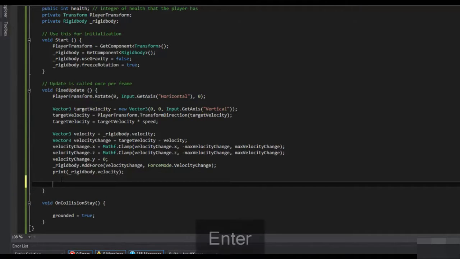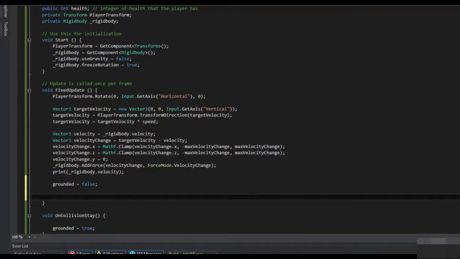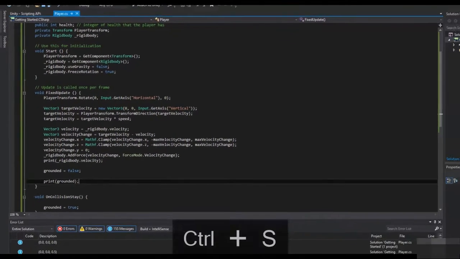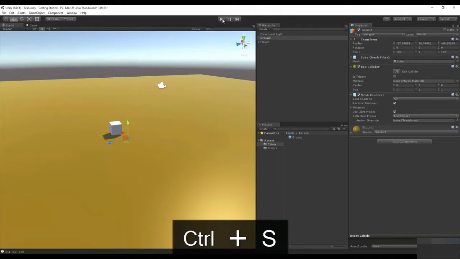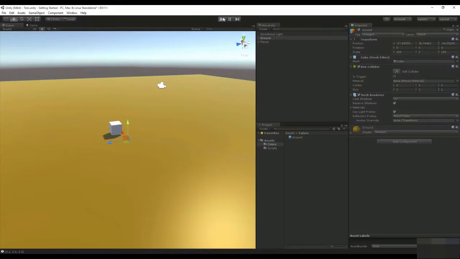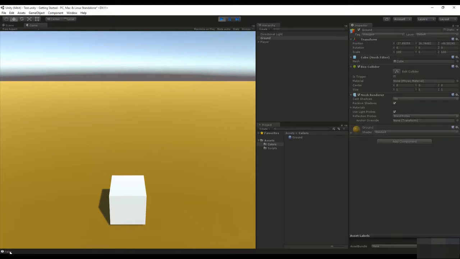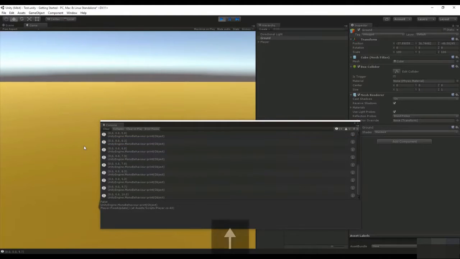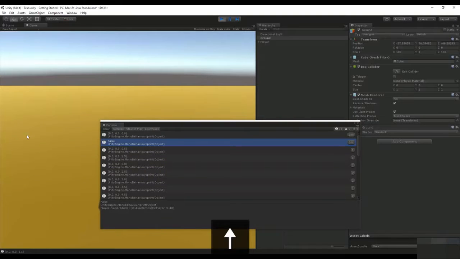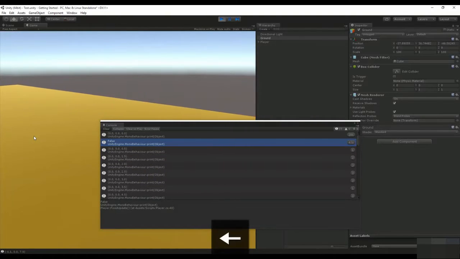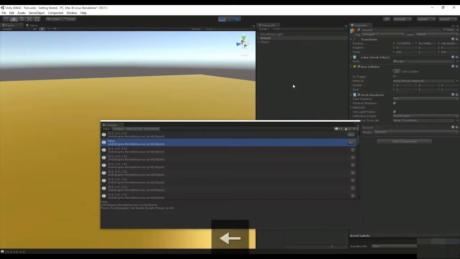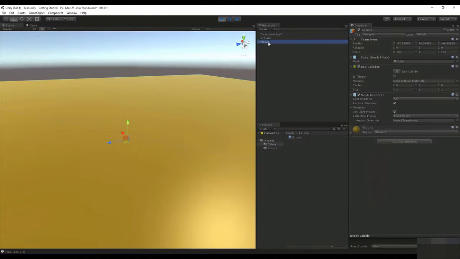So to show you how that works, equals false. And here I'm gonna print grounded, and you don't have to print this with me. I just wanna demonstrate something for you guys, because some code will have, you know, bools changing mid code, and you're like, what's happening? And so it's false, and we're going, and we realize that as soon as